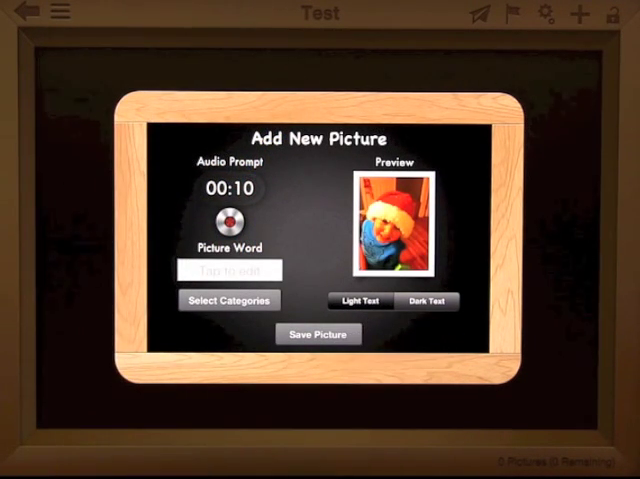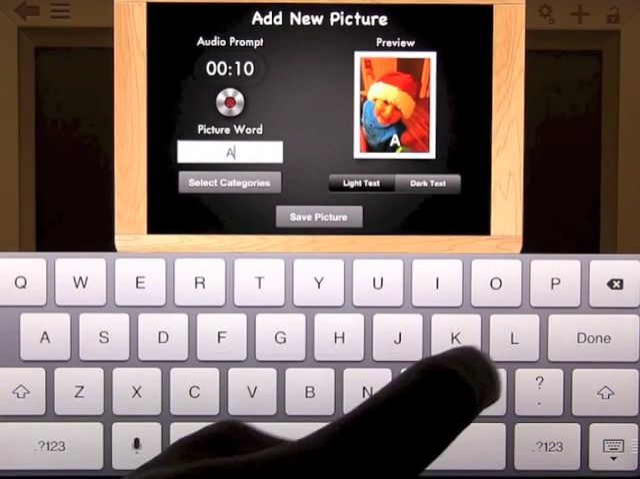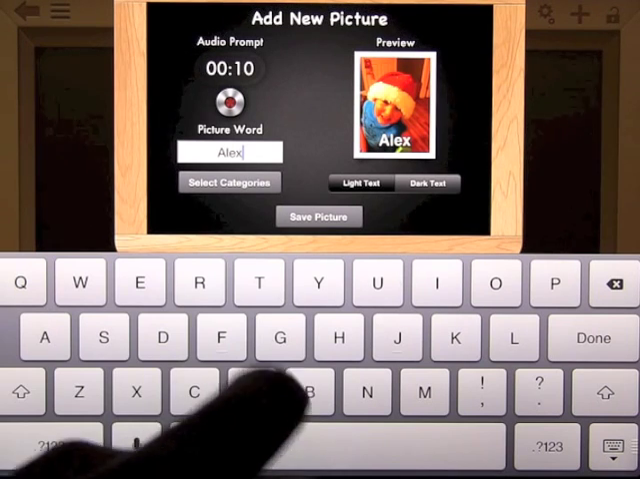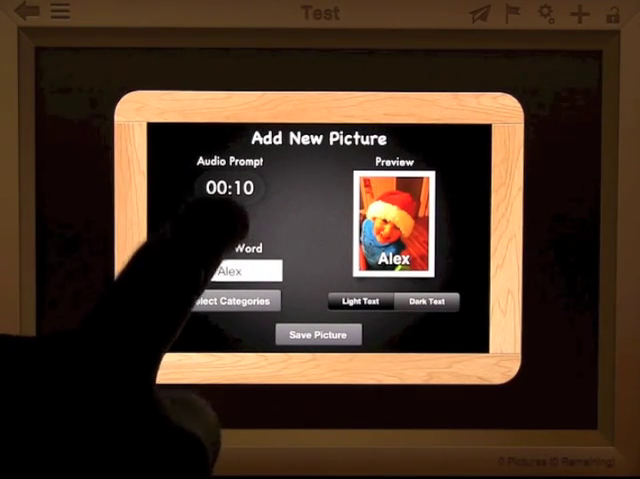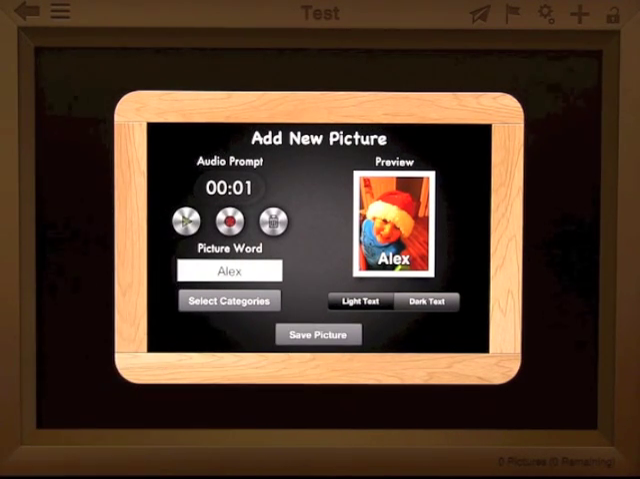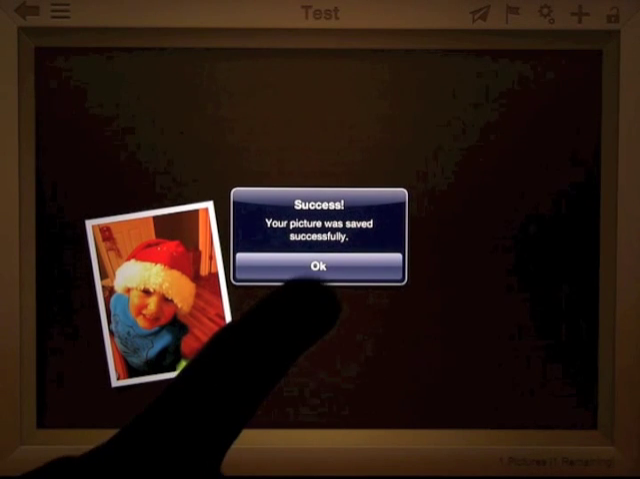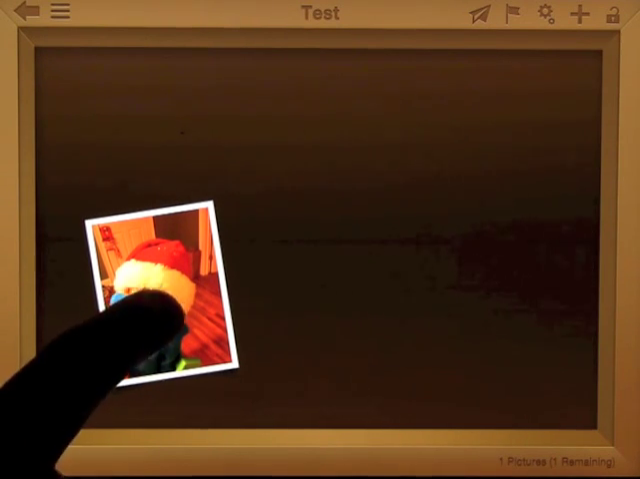You can have light text or dark text. We'll leave that as it is. We'll type Alex on that, and we will speak his name, Alex. When we save the picture, you'll notice his picture is now in that box. So you can add as many pictures as you want in any way you want. When you click on him,